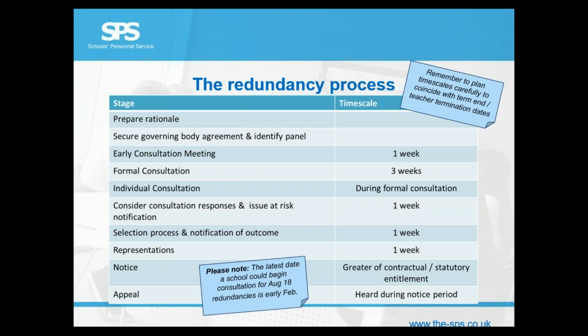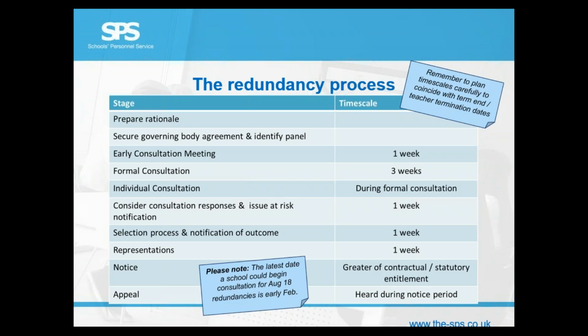Once you've identified those people that will be made redundant, you then move into representations, which is an opportunity for the individuals that may have been selected for redundancy to meet with the people who've made that decision, in this case the governors, to ask them why they've been made redundant. There's also the opportunity to appeal against a dismissal, and between that you'd be issuing notice. So you can see it's a multi-stage process, and we would suggest allowing 5-6 months lead-in time for that,